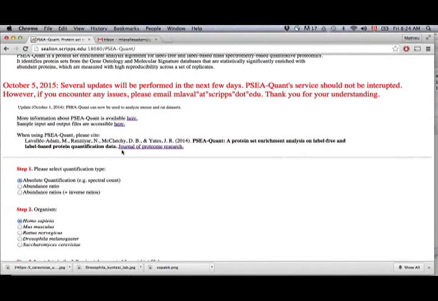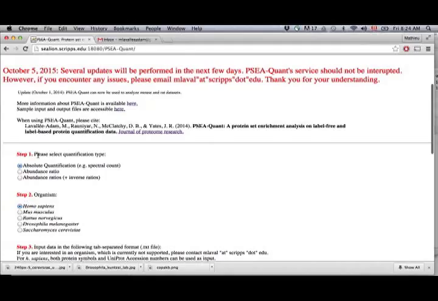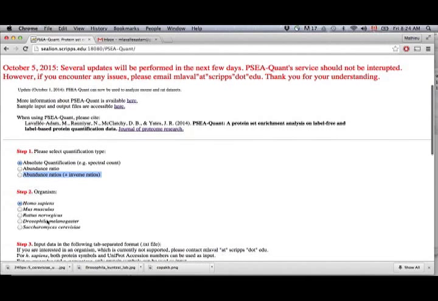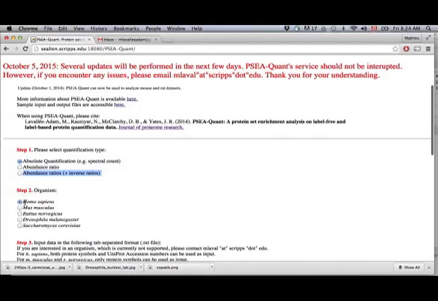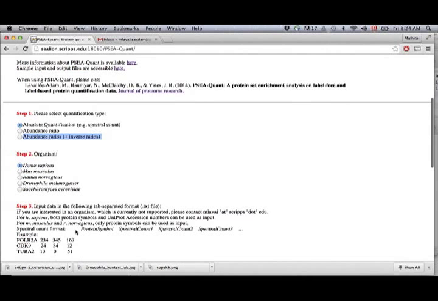Some of the new things since last time: we have an option to select the quantification type of the mass spectrometry-based proteomics analysis, and the abundance ratio with the addition of the inverse ratio is now an option for the user. The organisms now include mouse, rat, human, Drosophila melanogaster, and yeast that can be used for the analysis.